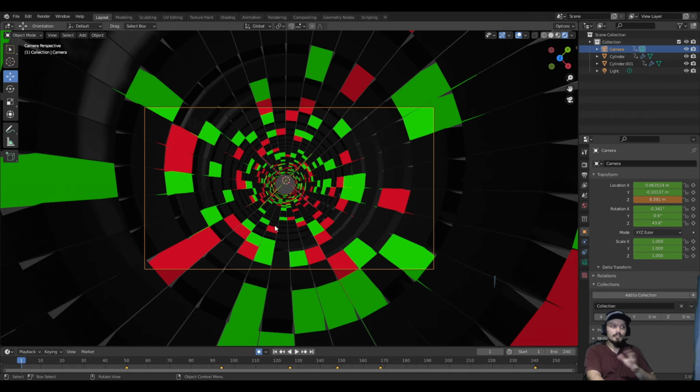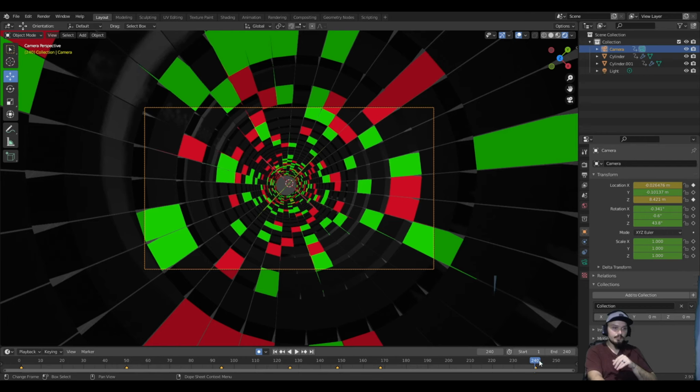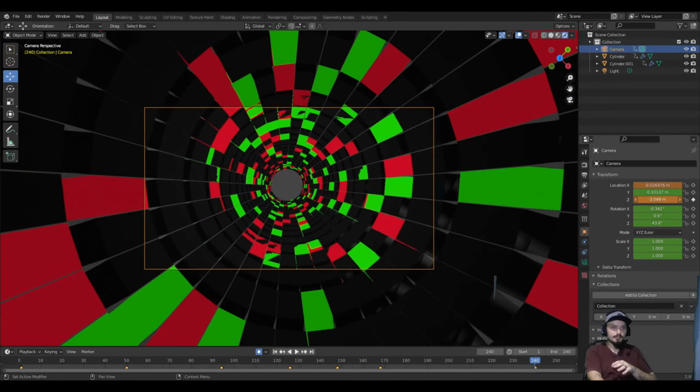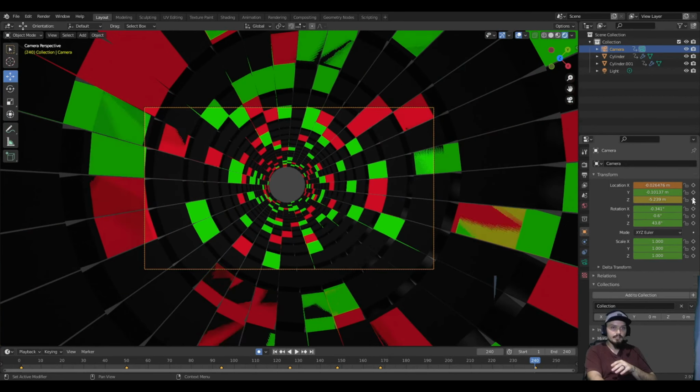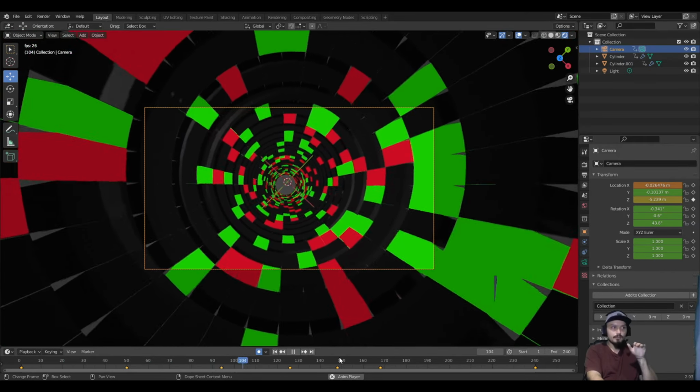So at frame number 1, we want the camera to be right where it is. So wherever that is on your Z axis, lock it in, click that little diamond right next to it to animate the property. Now once you've done that, we're going to take our frames and drag it all the way to the 240th frame. Now at the 240th frame, we are going to animate the Z-axis, and we want to put this down our cylinder a ways. So let's make this all the way down to here, and we will animate it. Now, when we press play animation, we should have a camera that will actually go through the cylinder,